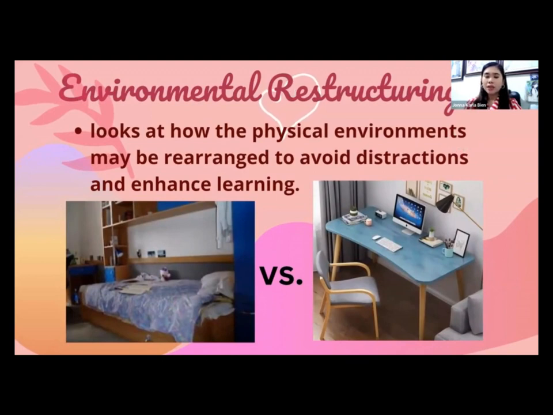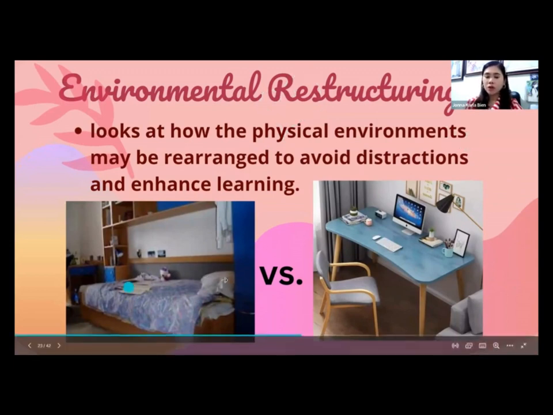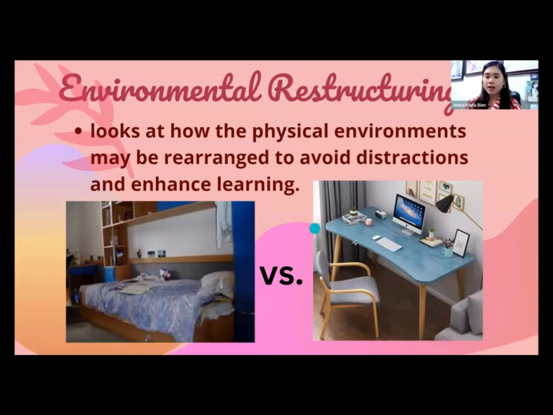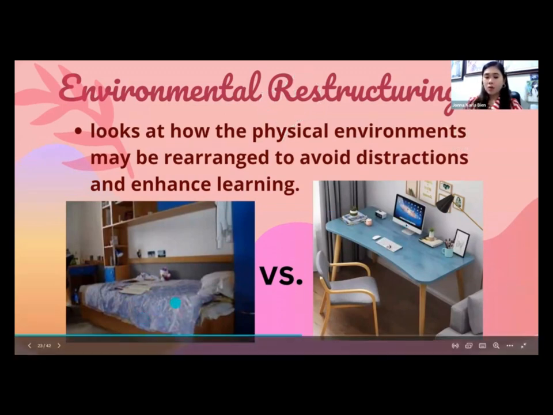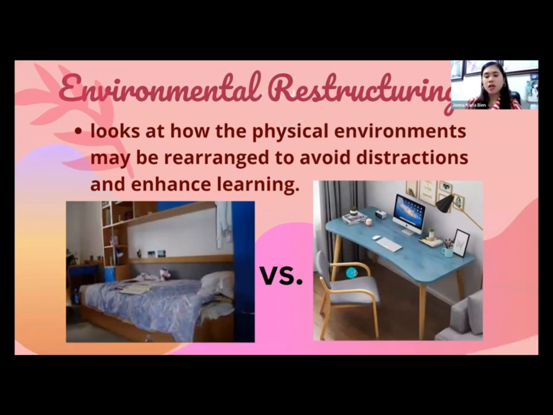Environmental restructuring here pertains to how our physical environment may be rearranged to avoid distractions and enhance learning. So take a look at these two photos. On this side, the bed has the papers or the reading materials. And on the other side, there is a study table where all the things for working or studying are included. So which do you think would be more conducive for learning or for focusing? Of course, we would say the one with the study table would be very